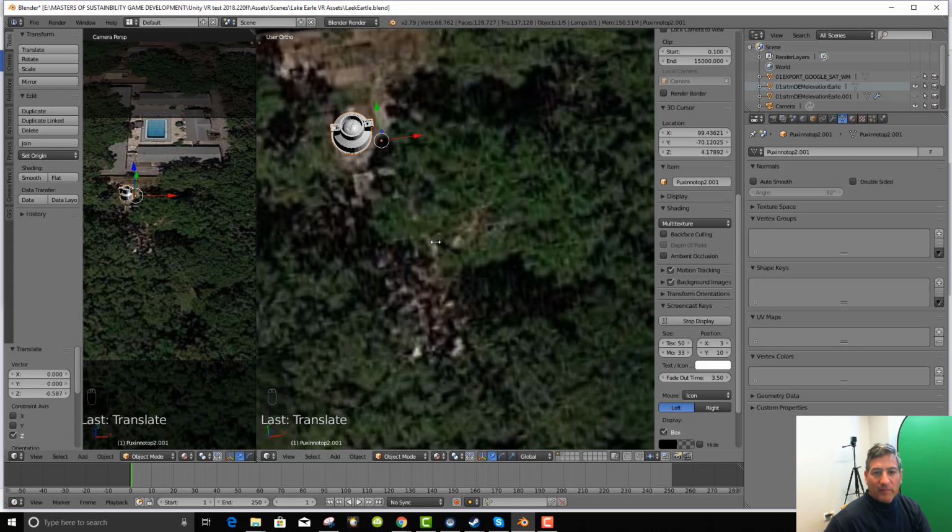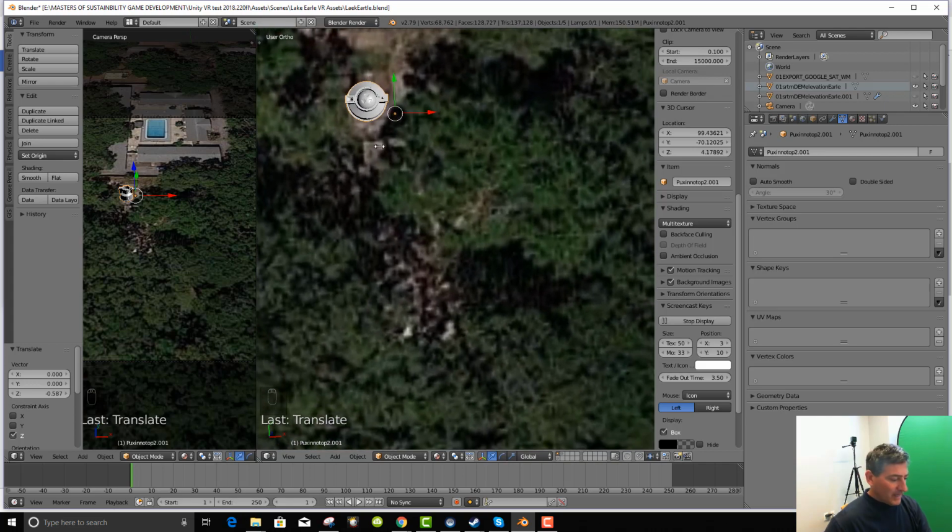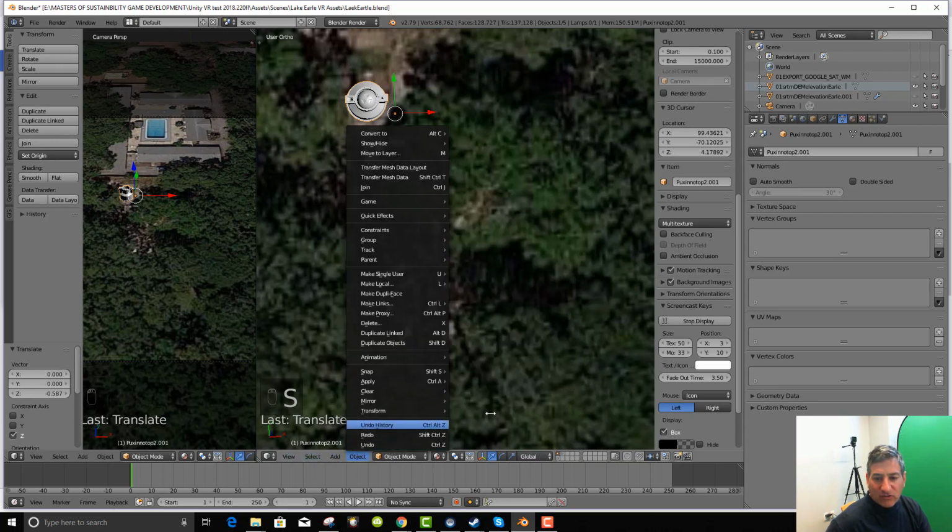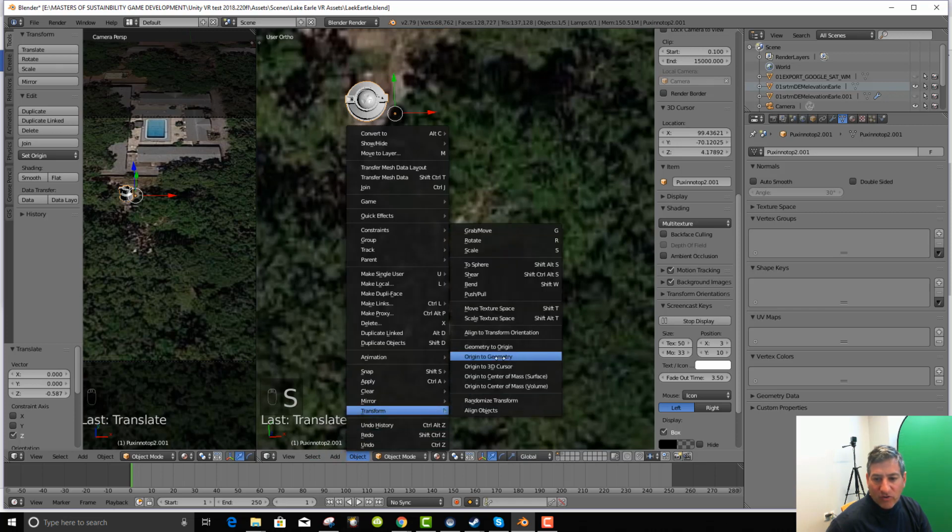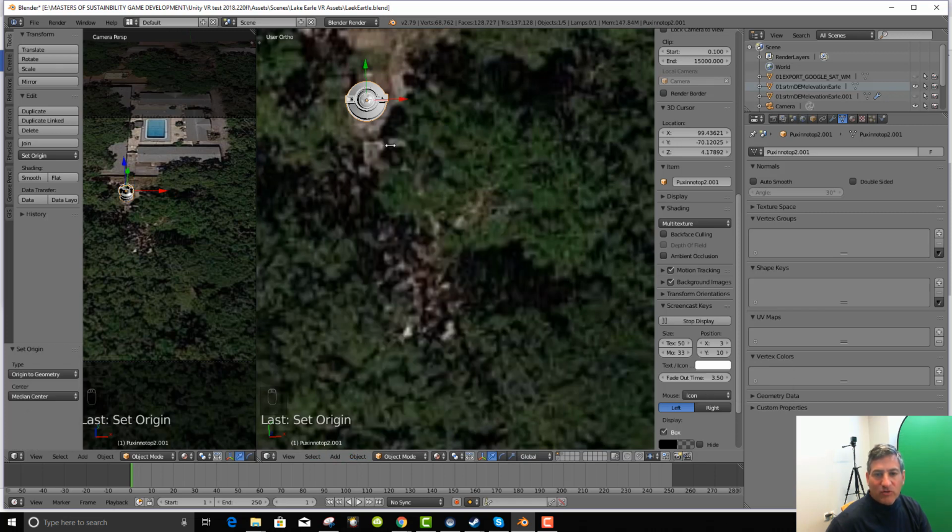and we'd have to bring in a person by comparison. So I'm going to shrink it down with the S key just a bit, and before I do that, see that little dot there, that's the geometry origin, and it's off to the side, which makes things inconvenient. So I'm going to go to Object and Transform and turn the origin to the geometry so it's right in the center. So now when I scale it,